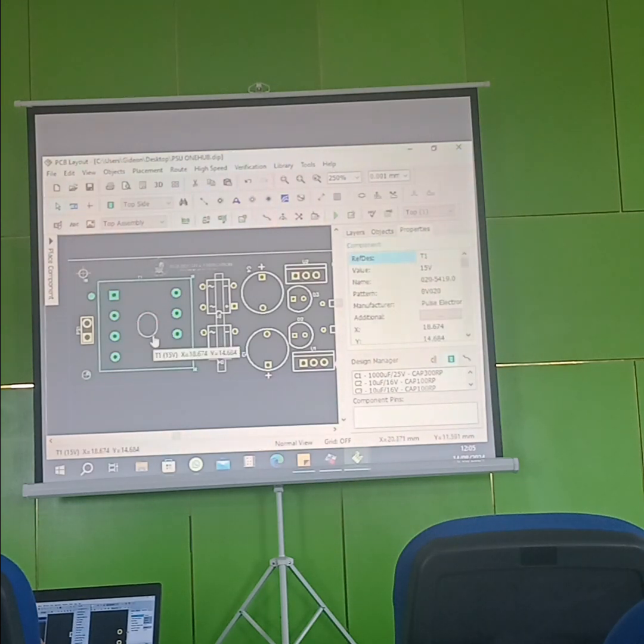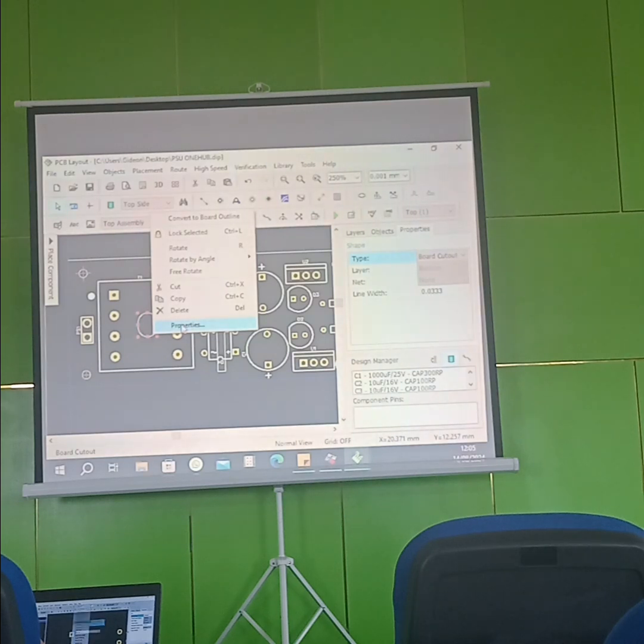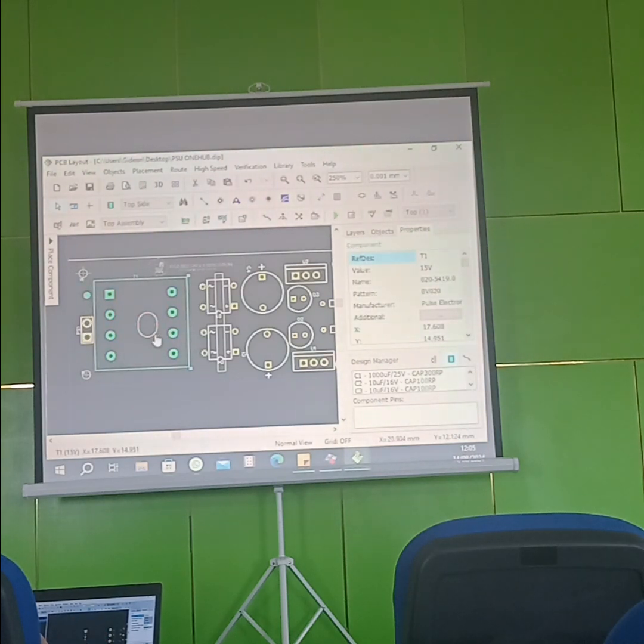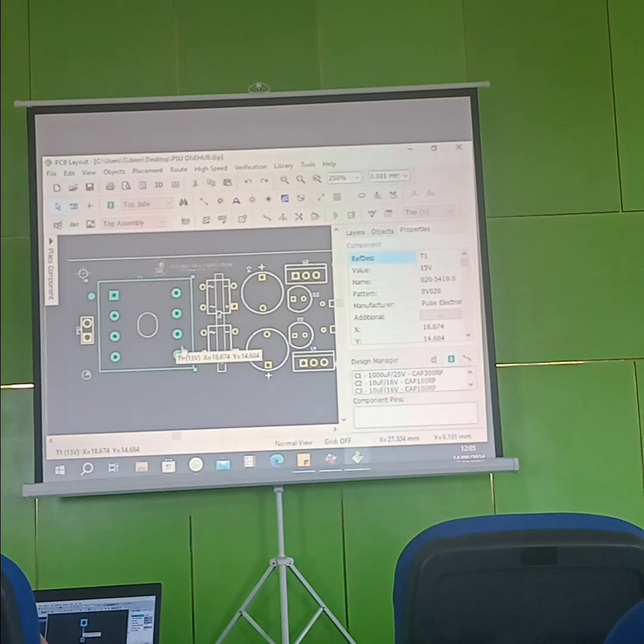Then if you want to change it, you can just come here, right click on it, properties. Anyway, you have different options. You can come to properties to change it, and you can as well come to this list to change it. Ctrl Z. Let me lock this transformer so it won't be moving around again. So I have a board cutout here right now. Am I right? So if I view the 3D now,